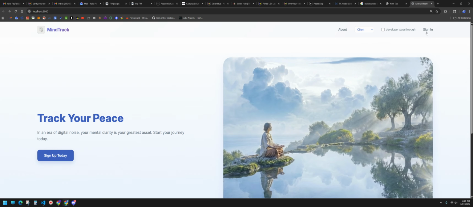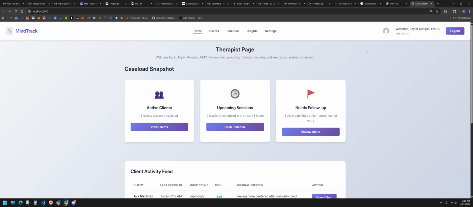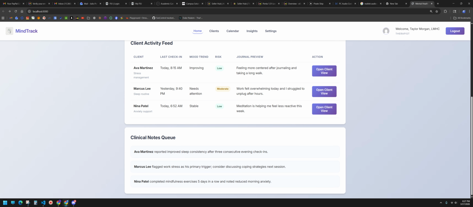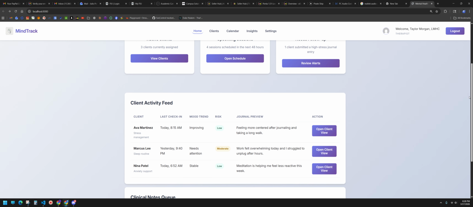I added these two roles and some things to them. If you click therapist, you will see a therapist page, and this is just a sample. If you guys want to remove anything or change things, let me know.